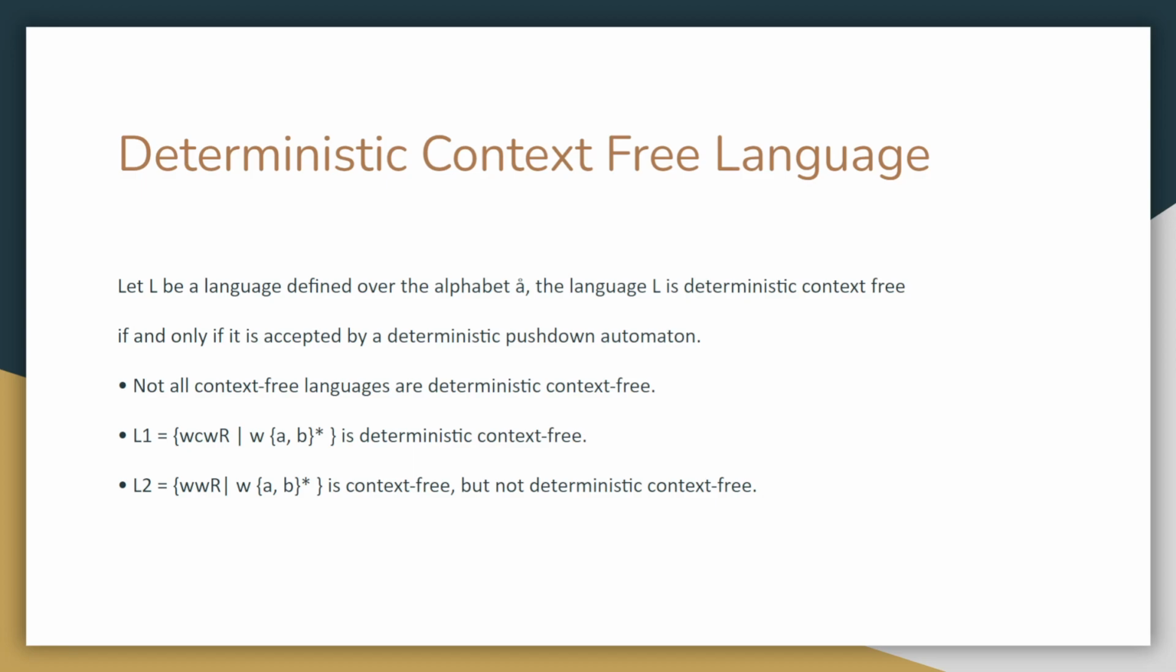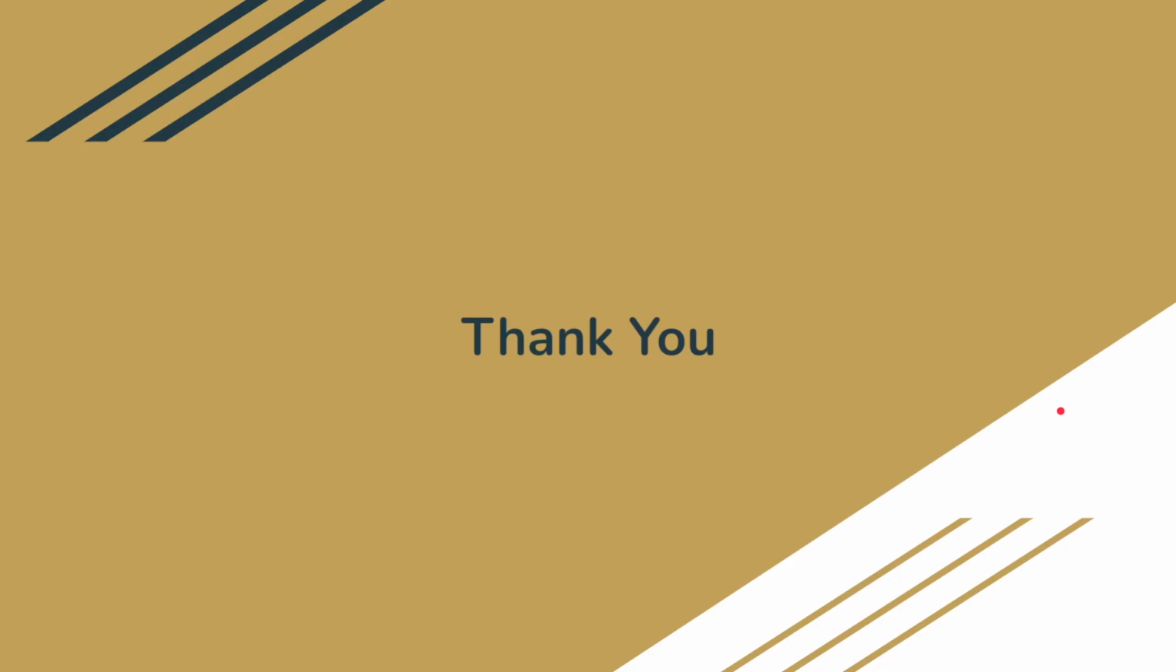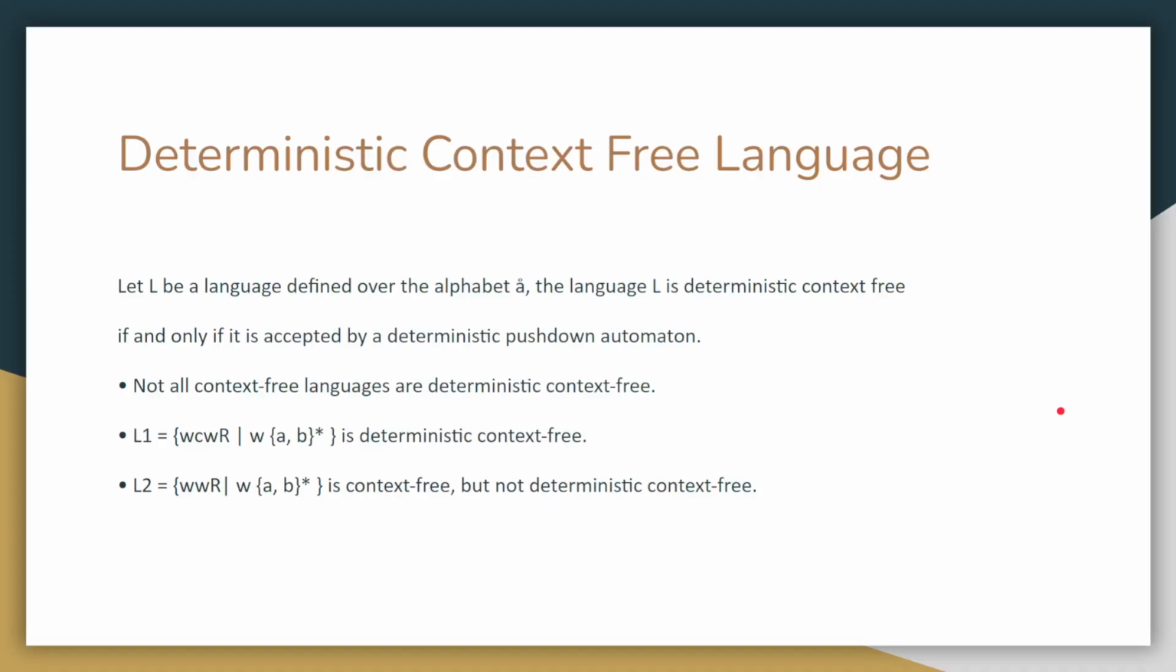Let L be a language defined over the alphabet. The language L is deterministic context-free if and only if it is accepted by a deterministic pushdown automaton. So not all context-free languages are deterministic context-free. Some are deterministic context-free, and L1 equals w c w to the power of R, where w to the power R